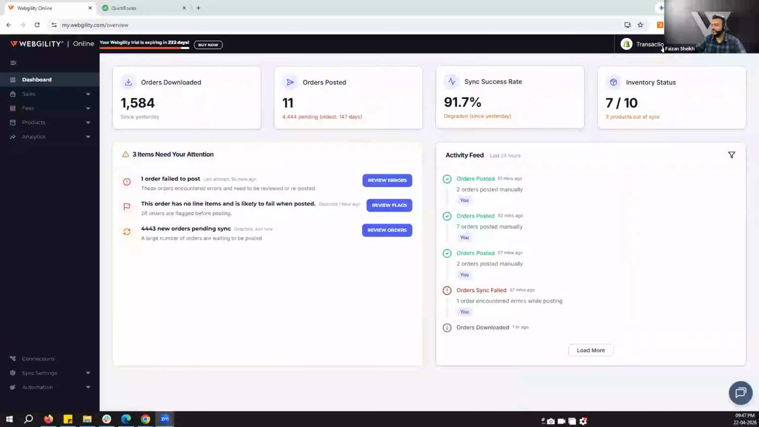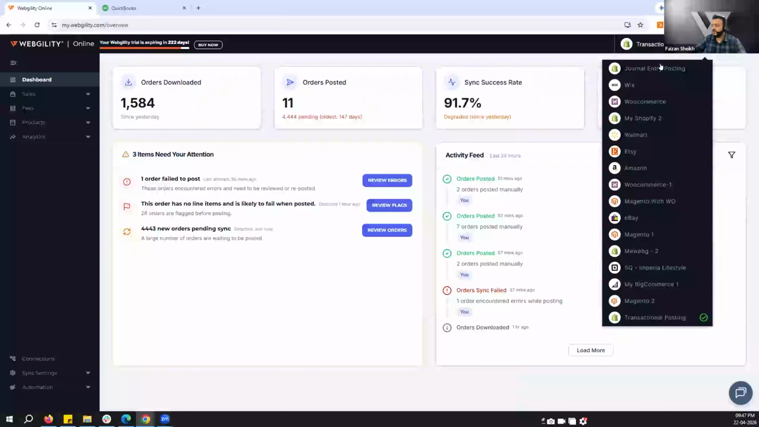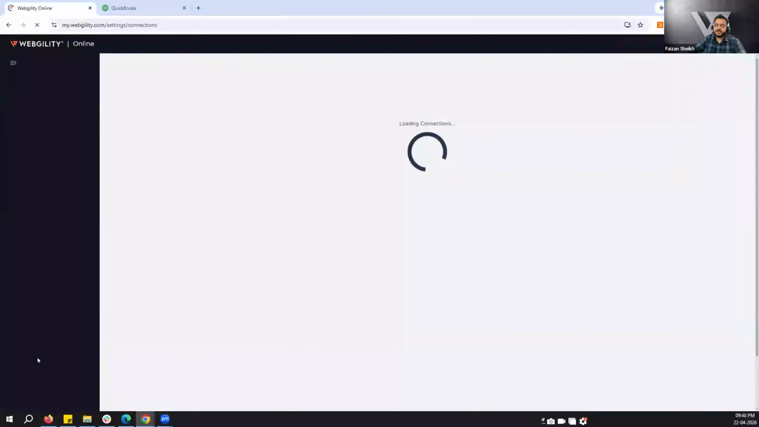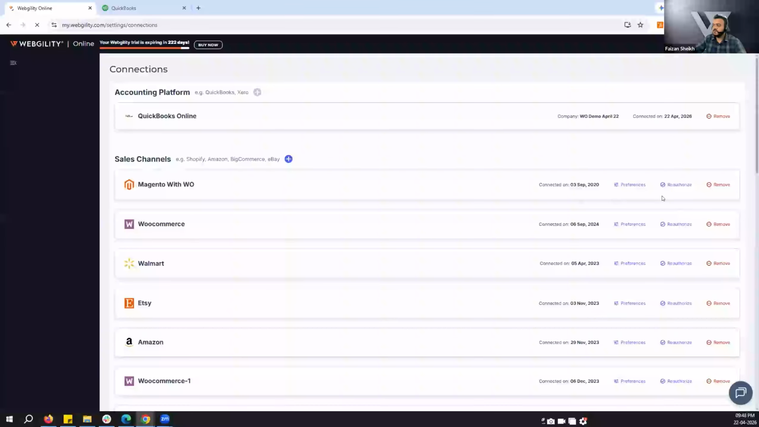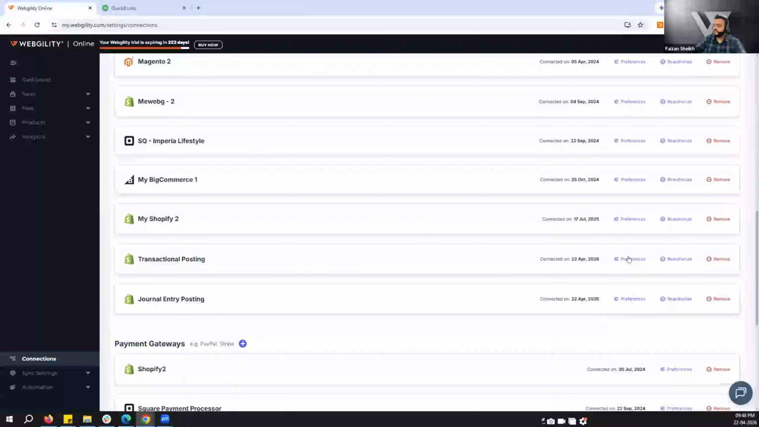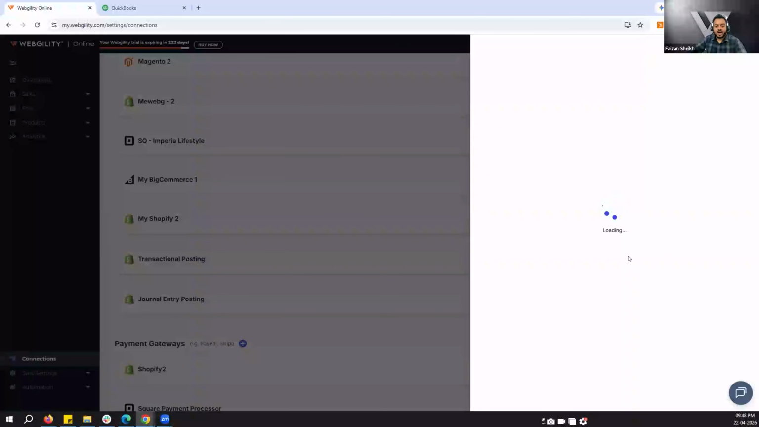And just for this webinar, I have connected Shopify stores multiple times to do the general entry and transactional posting separately. So right now I'm in the transactional posting setup, but let's say I want to change the type of transaction posting. What I do is go to connections from the bottom left corner here, right inside preferences. I mean, right next to the store name, you'll see a preferences option. So if I go to the preferences over here, it will ask me,